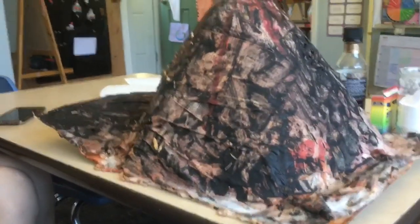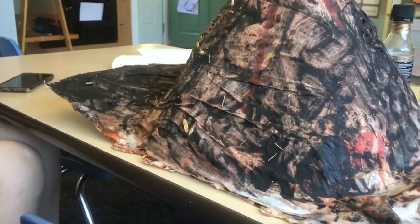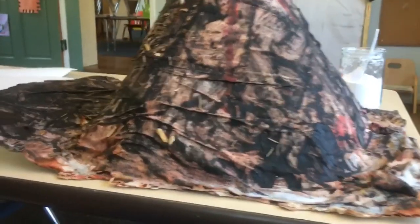And then you just take regular newspaper, like we have here, and you get it wet with the sticky glue you made, and you just wrap it around your structure. You can wrap it around your soda bottle, or you can build a frame for your soda bottle and then wrap it around, and once it dries, you can paint it. Oh yeah, you can paint it black and brown and red or orange. You can paint any color you want to make it look more like a volcano. And that's what we have here, this super cool looking volcano